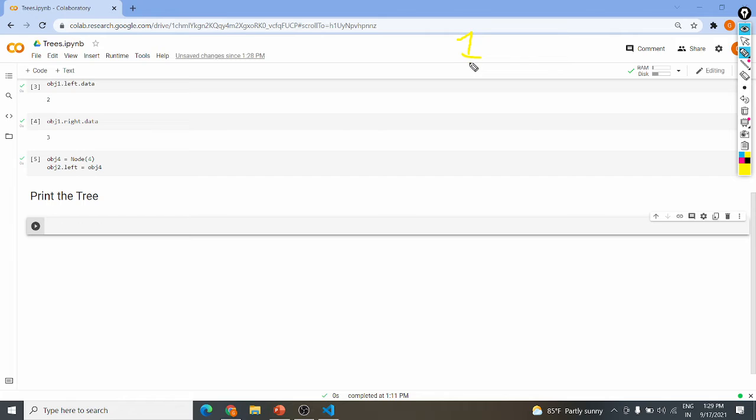Now let's say this is a tree. Now we want to print this tree. Now how will we print? As of now, we'll try to print this way.